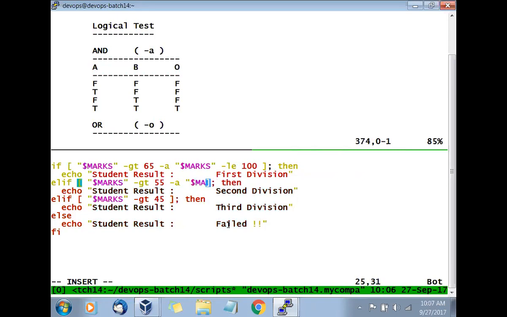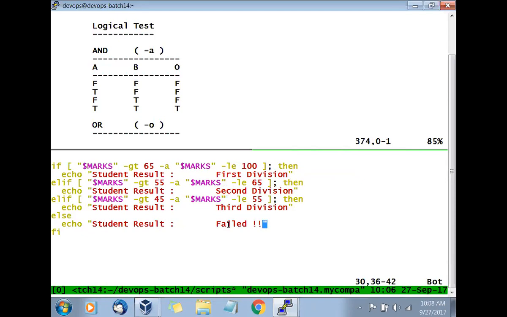Marks are less than or equal to 65. So we'll go with the second division. You can put whatever conditions you want, but this is just an example. Dollar marks is less than or equal to 55. Good. So we have used the AND condition also now.